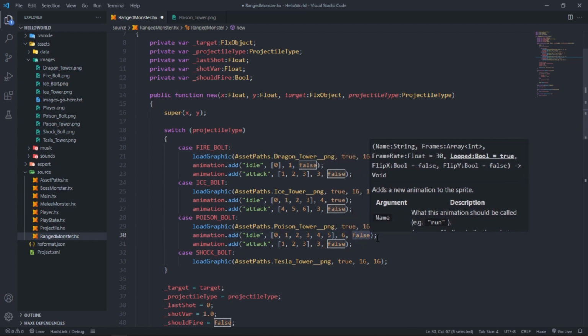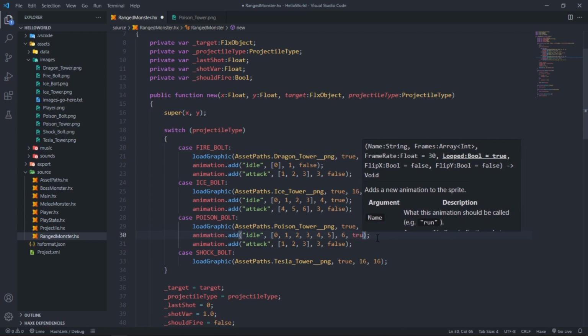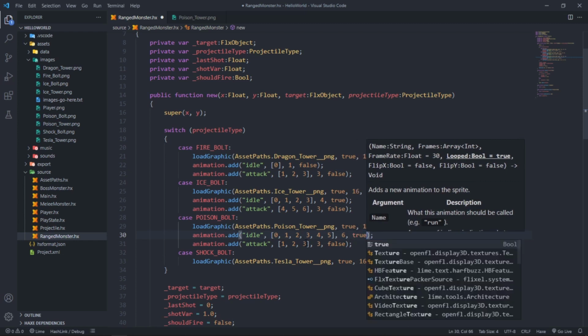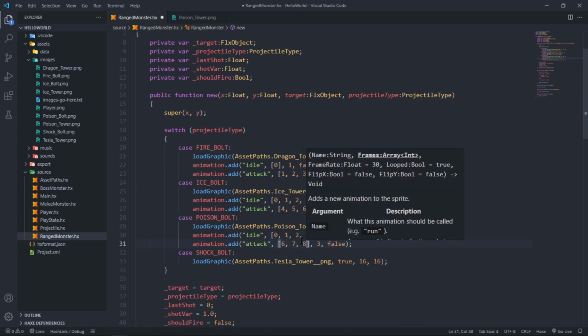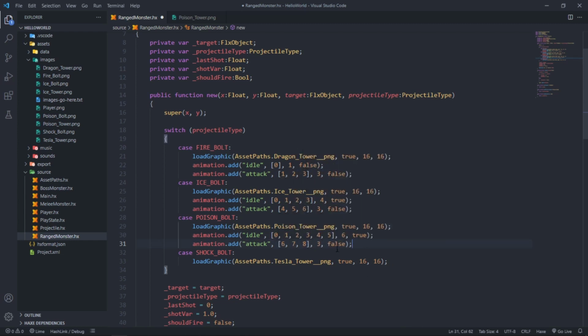And it is looping, so true. And then for the attack, it is frames 6, 7, and 8. And it's 3 frames and it does not loop. Awesome. Now for the shock,